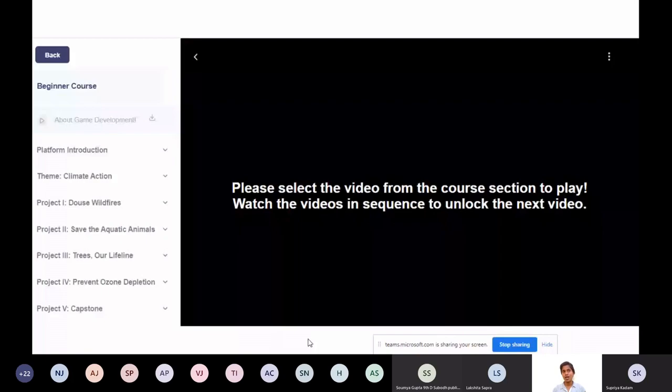There is an option called upload. For now, we have stopped that upload option in your profile. Once you have finished all of this, the upload will also be active, so you can upload your games onto the national website where people from all over India will be watching your game or looking at it as a reference point. That is a brilliant way to present your projects. Not only sharing with your friends, you can share it with the whole nation. So that's the idea of having the capstone project.